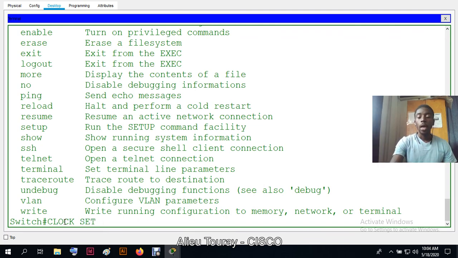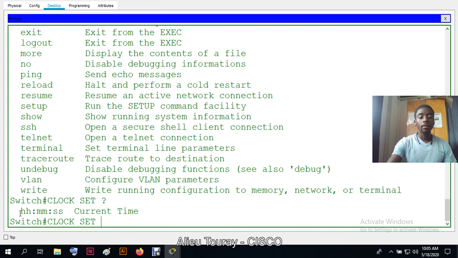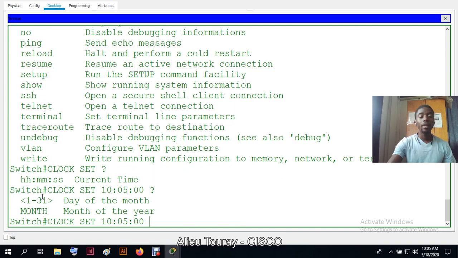Now I don't know what to put in, so I just press the question mark. It's telling me that I need to enter the hours colon, the minutes colon, the seconds. So I have to enter it this way. Let's say for instance my time right now is 10 a.m., so 10:05:00. That is my hours, minutes and seconds. I also don't know what to do next, so I press the question mark and it's telling me that I need to enter the day and the month. So the day